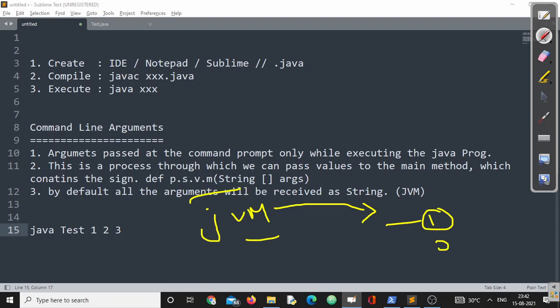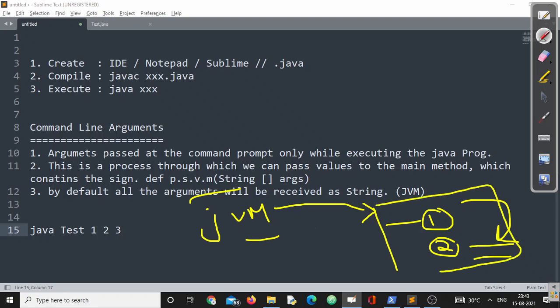Second point, the JVM makes sure all the arguments are read into a string type, not any other type. These two are the responsibility of the JVM. Once it is inside the main method, we can happily convert that into any other data type if my requirement needs it, right?